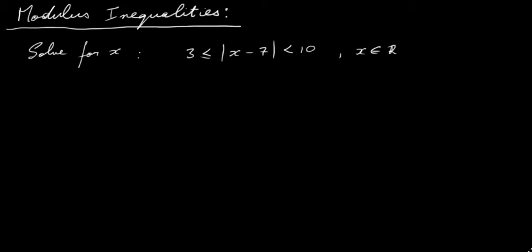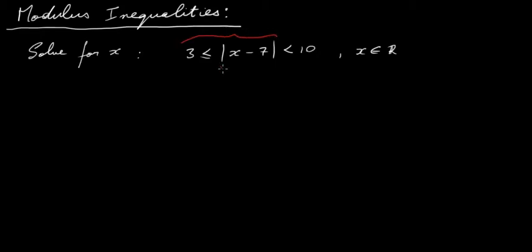Okay, so in this video I'm going to have a look at modulus inequalities. So we have these inequalities here, but we have these absolute symbols here. We're getting the absolute value, or the modulus, of x minus 7 being greater than or equal to 3, less than 10. So what I'm going to do is split this up first of all into this here and this here,